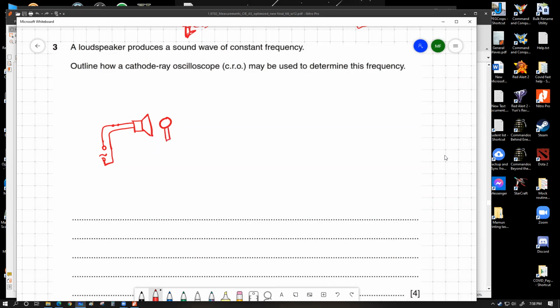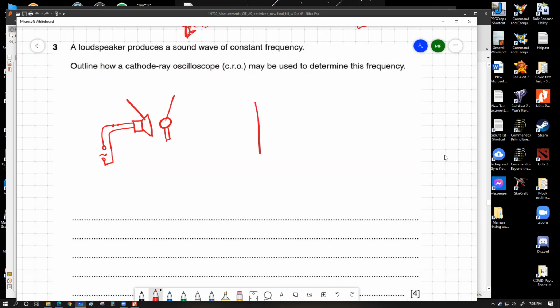So in front of the loudspeaker we're going to keep our microphone, and we have to label everything. This would be labeled as loudspeaker. You don't have to label this part. These are actually very basic circuit symbols. You have to label this microphone, and two wires are going to come out of that microphone. If you draw two wires, this is okay, or you can choose to draw one wire. I'm going to show you both of the